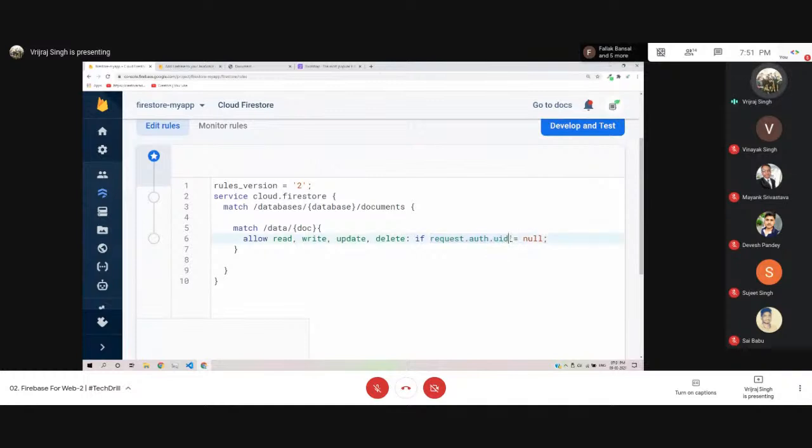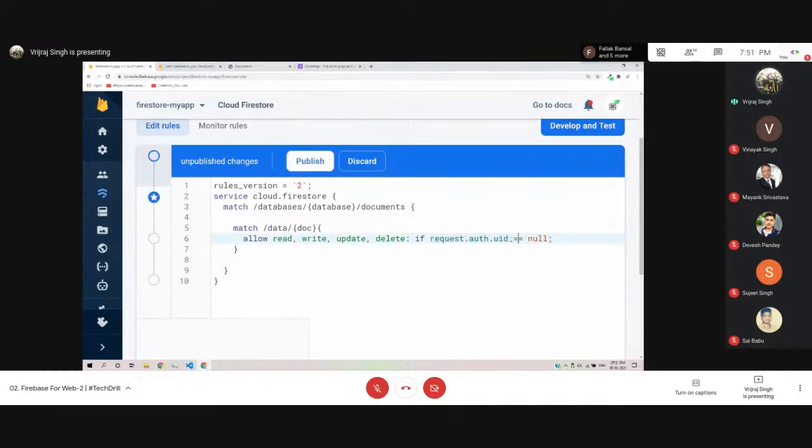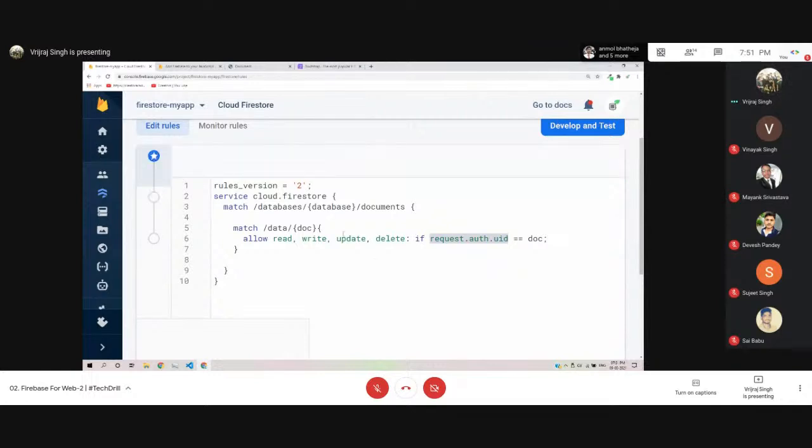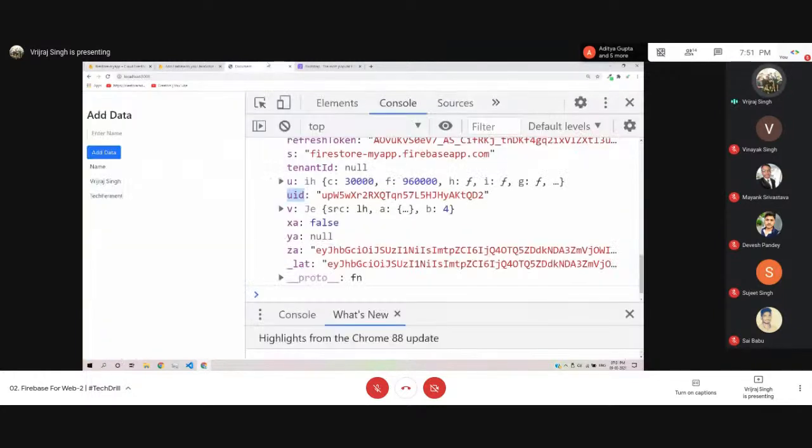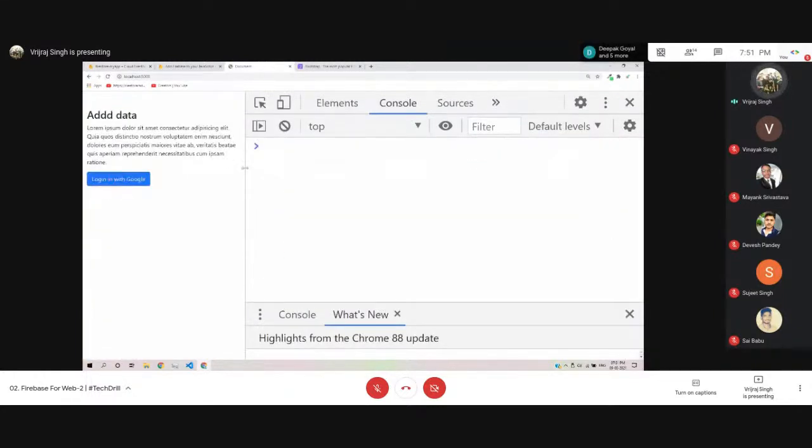So what we have to do here, we have to write equal to doc. Okay, so doc means the document ID, equal to user ID, means like Bridgeraj can see the document of Bridgeraj only. Okay, so we have applied this rule. I'll just reload the page, and